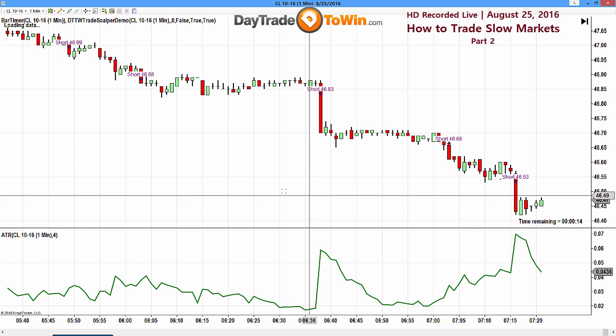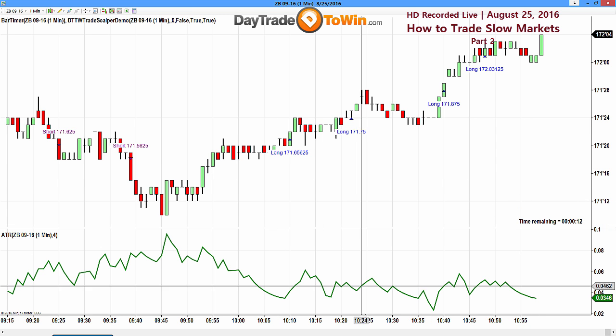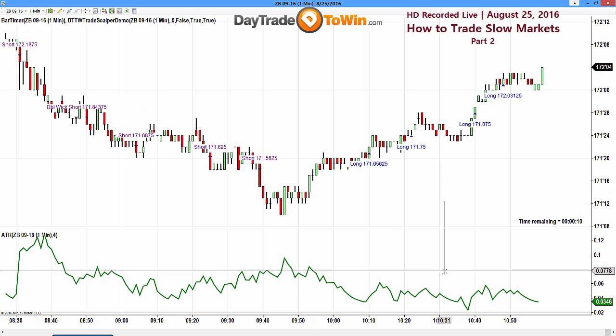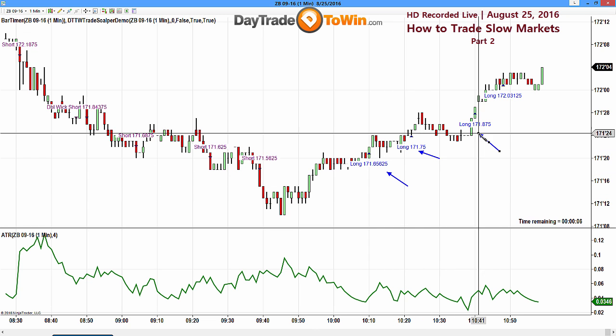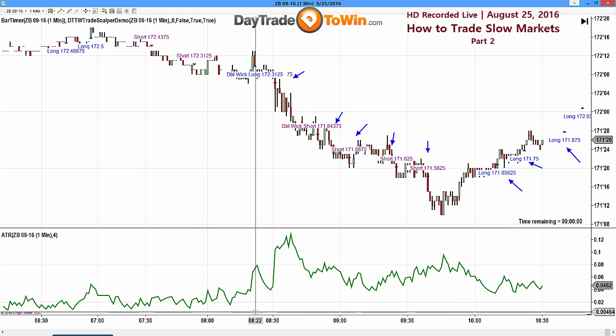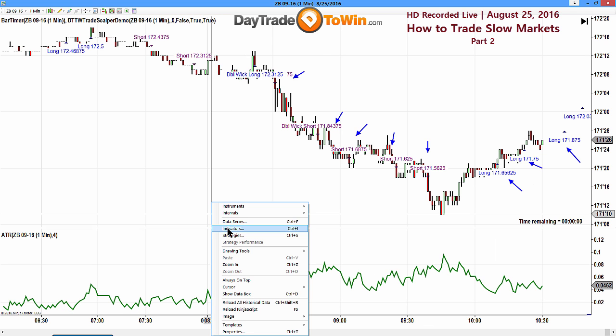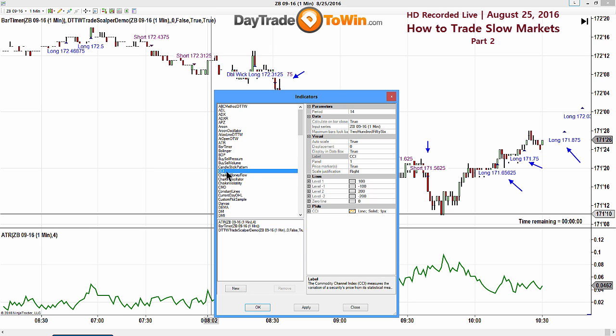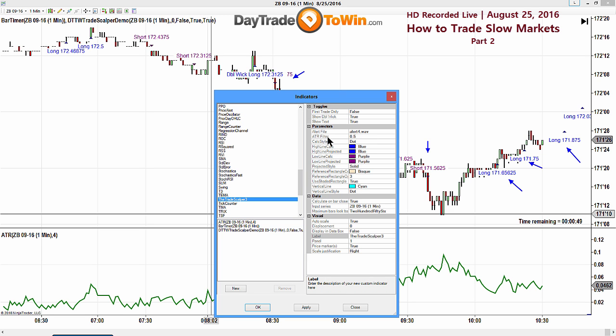Okay, so here, looking at the ZB. So that's the ZB on the trade scalper. Long, short. And if the market's not tradable, don't trade. And one of the things that I have here is on the trade scalper, the filter. This filter here allows you to say, if the market's too slow, don't trade. Don't show me a signal, and you can dictate how slow or how fast you want the market to be.